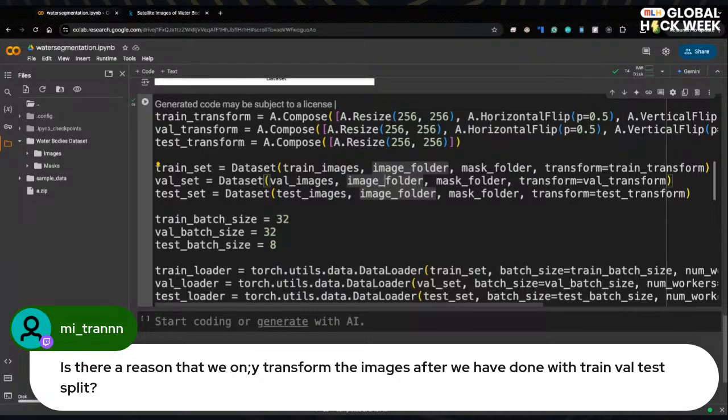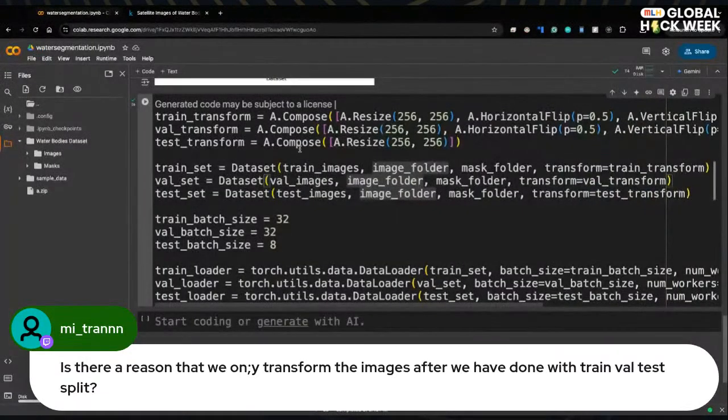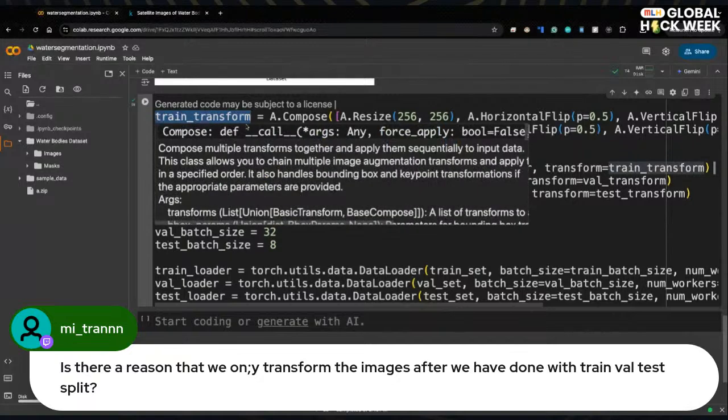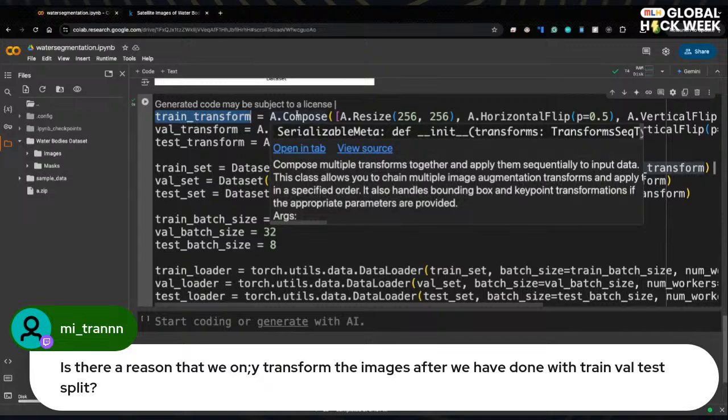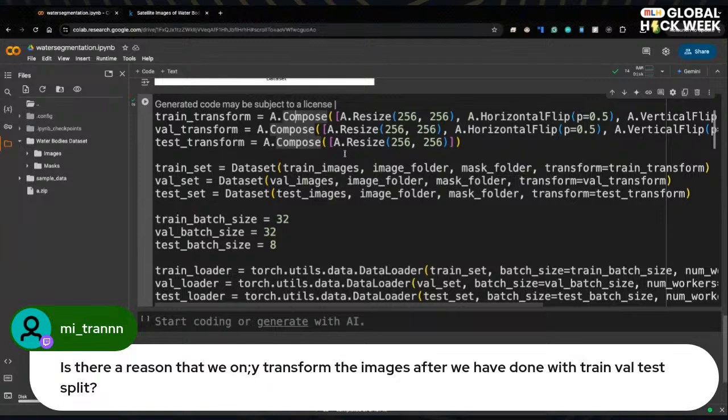So it is from the satellite images that were collected here. That is the data that we're getting. We want to make sure that the pure data is what we're testing on, so that it is as clean as possible, right? But for training and validation, we just want to jumble up the data a little bit. We don't know what angle we might be getting this training data from, so we want to randomize or add another layer of randomness to the training data in case we get some very stale or very